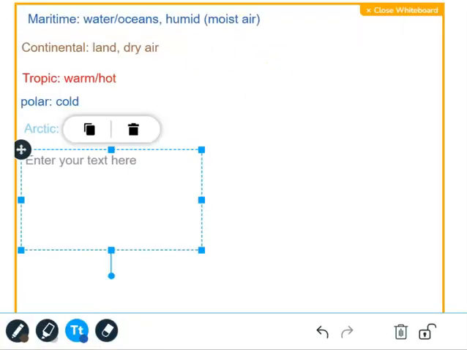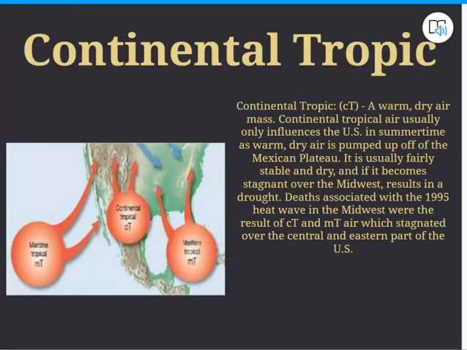Well, got to go back to this and close this. Here we go. Next, I have continental tropic. Reese, it says tropic. What's the air going to be like? Warm. It's over the continents. Warm, dry air. Look at where it's coming from. It's coming from the south, even closer to the equator. Shocking. That's where it's warmer. So continental tropic is going to be warm, dry air.